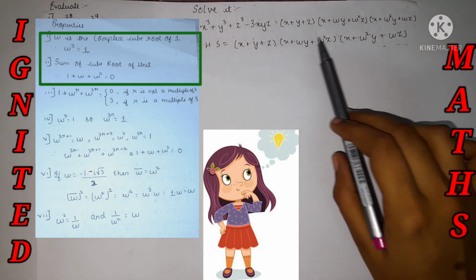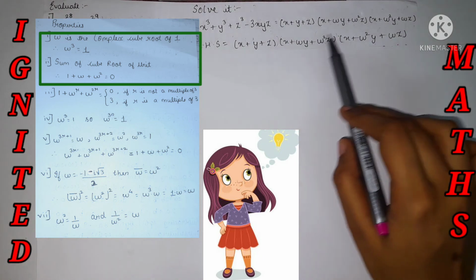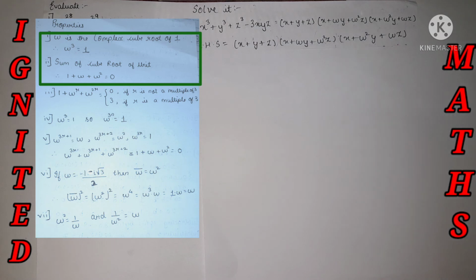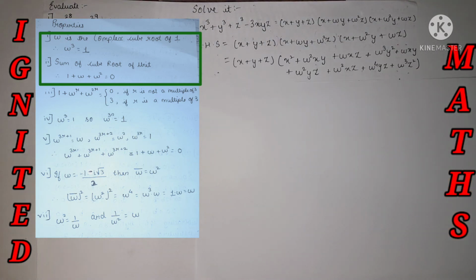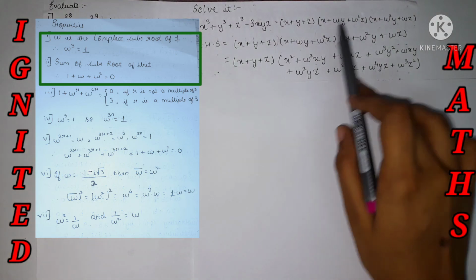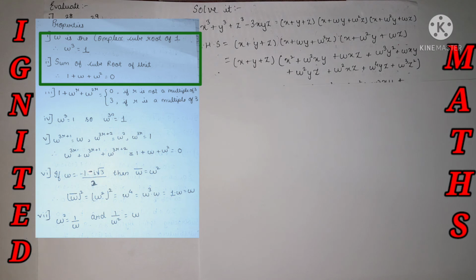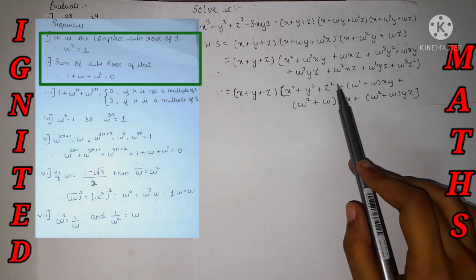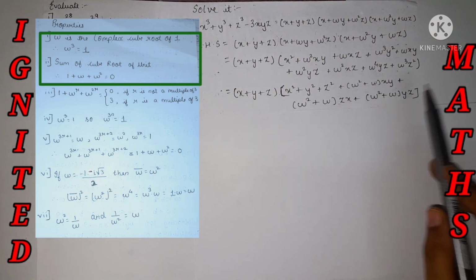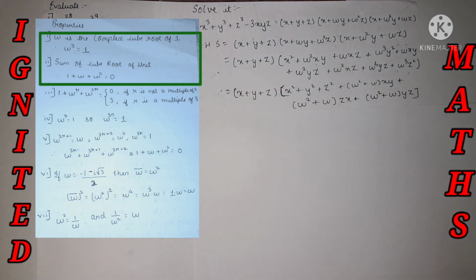So the next thing is, I have noted it's in multiplication form, so I'll do the calculation in multiplication form, and afterwards we will see the relation. Let's get started. I'll just multiply my second and third term. I have multiplied and shown it over here. My first term is multiplied by each and every term. Afterwards, just take the common value, x square plus y square plus z square, as well as x y z, x y z. I have taken the common term.